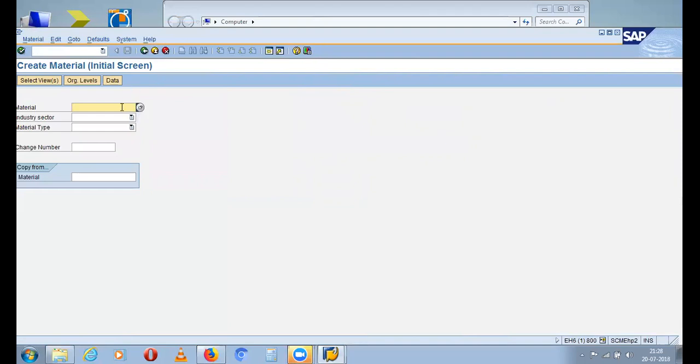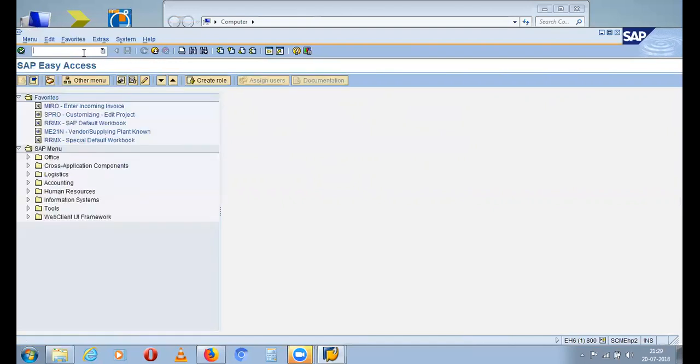What is the T code to display the material? MM01, MM02, MM03. Yes. Okay, MM03. So you need to first use /n MM03. MM03. Yes.